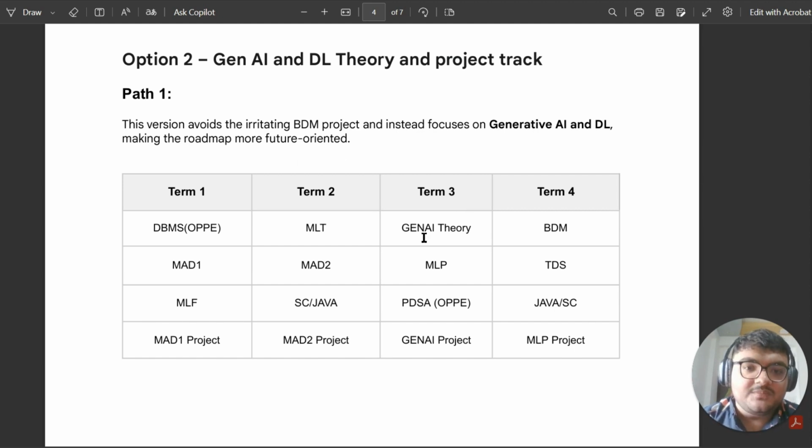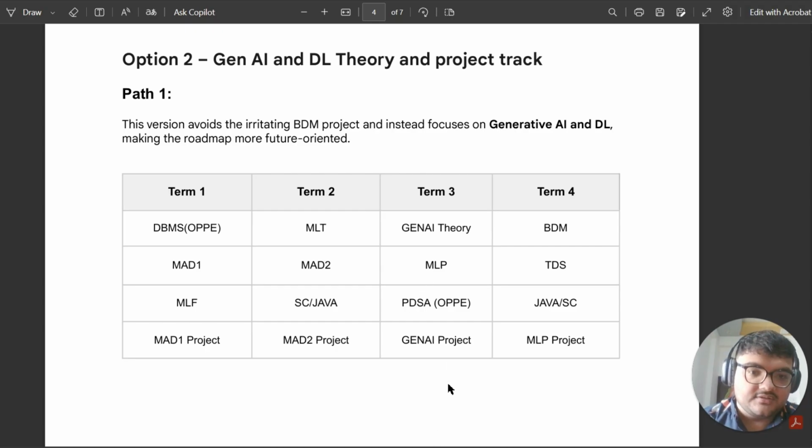Okay, so term 3: Gen AI theory and project right now. The thing is that it's a new course and project, so we don't know much about it. So try to take it in your term 3. If it is your third term and you want to complete in 4 terms, then take Gen AI theory right now. And for a new student also, you can plan taking the Gen AI theory and project in term 3 only. Okay, so MLP and Gen AI theory, then